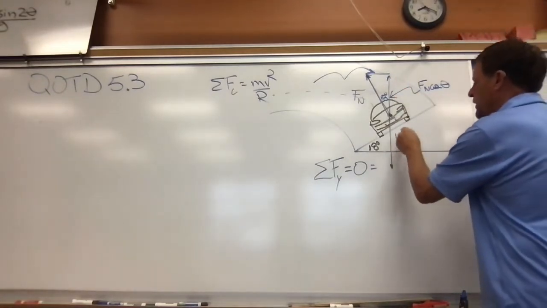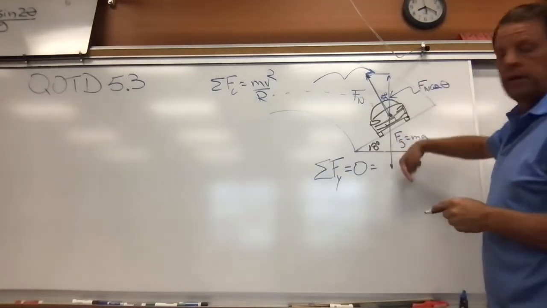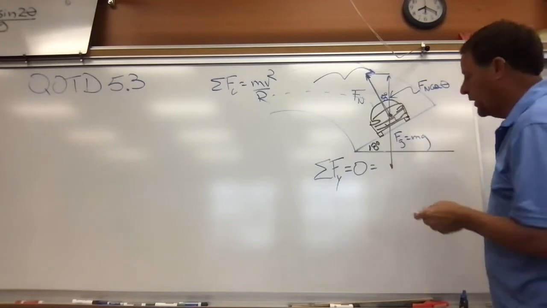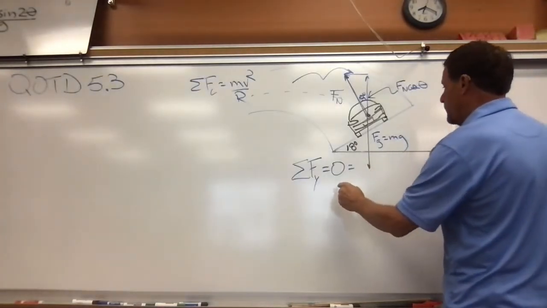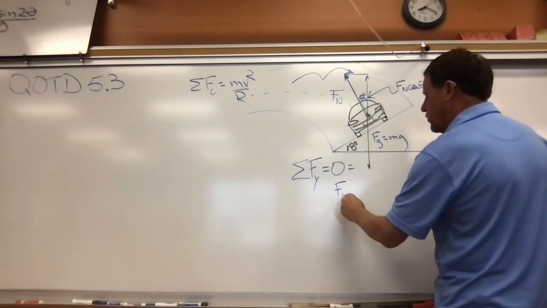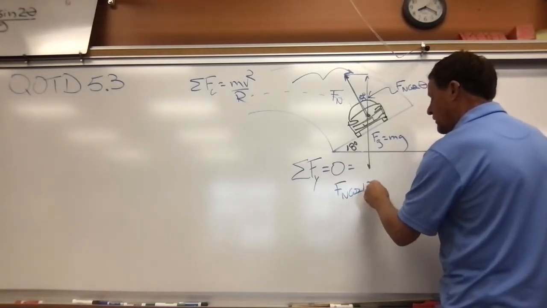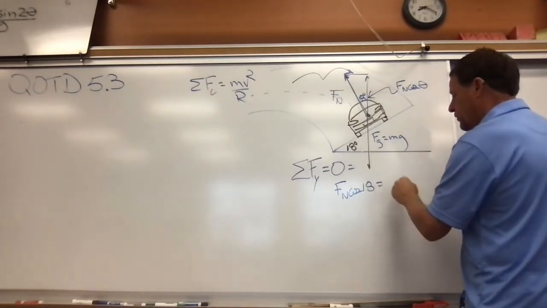The force of gravity, or mg, is going straight down. So when we do the sum of the forces equals 0, we have force normal cosine of 18 degrees equal to